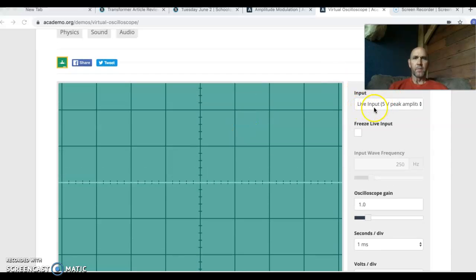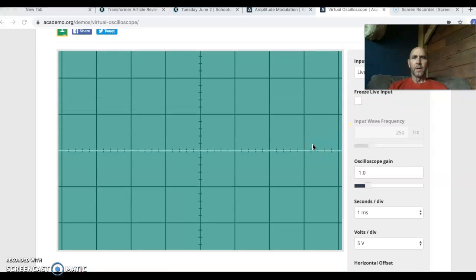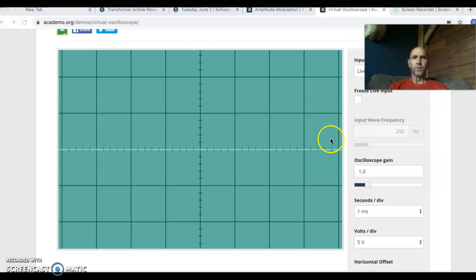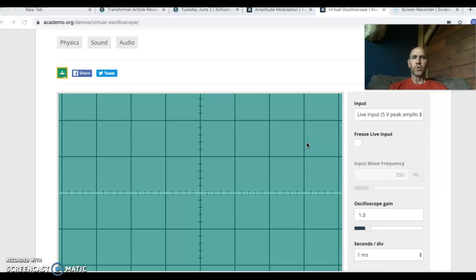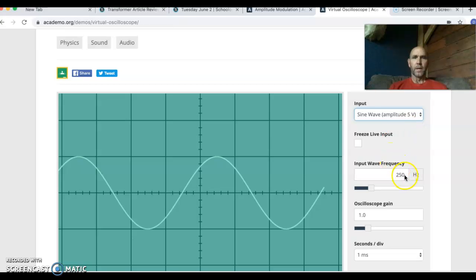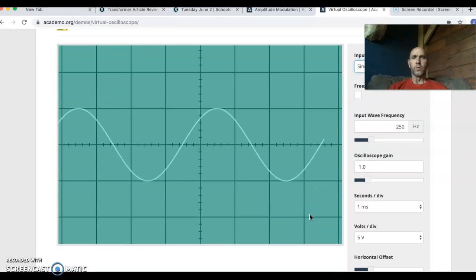Make sure you have the input at live input. This freeze input tab I'll show you in just a second. But the first thing you're going to do is choose two different, actually, let me back up. You're going to choose two sources from the program here. So you'll go to sine wave input, and then you're going to choose, like this one is 250 hertz, and you're going to choose another one. But just to show you what you would do then,